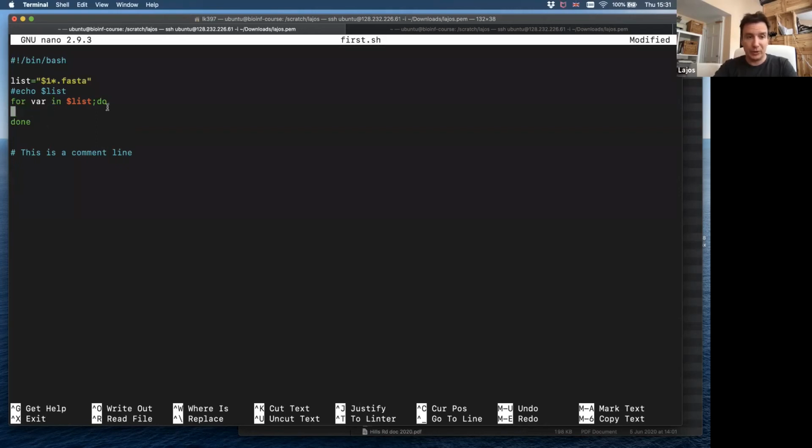You don't have to use tab here, but it's a bit nicer if you have a tab, because then you know that you are within your for loop. Instead of using curly brackets, if you remember, maybe you remember in R or in many other programming languages, a for loop is using curly brackets to define what is inside the loop. Here we are using do and done. Do is to open, and done is to close the for loop. So anything after this, if I'm writing anything here, is not in the for loop, because the done is actually there to close the loop. And if I'm just saying echo